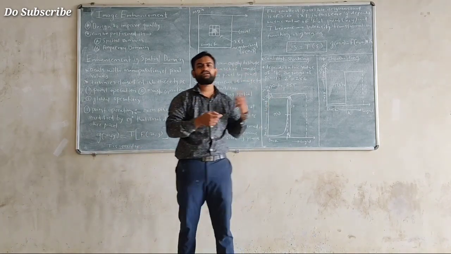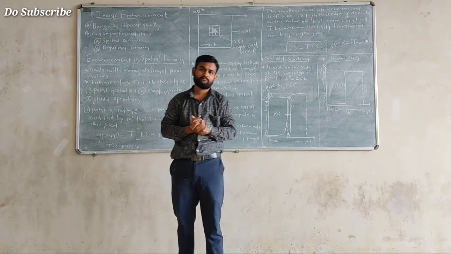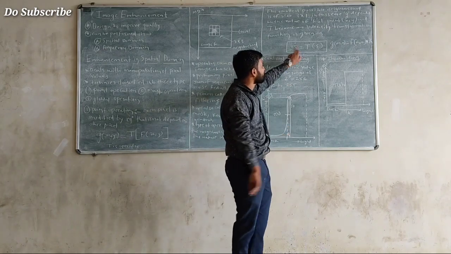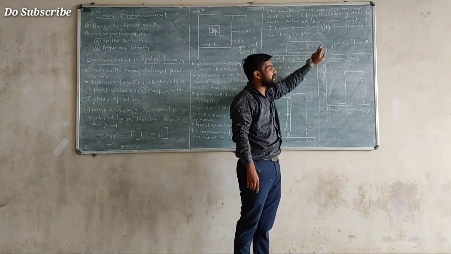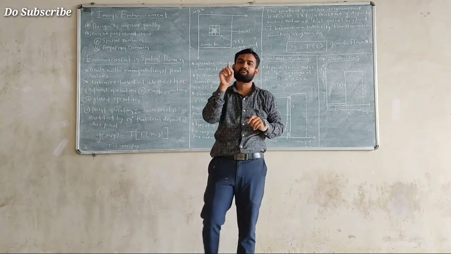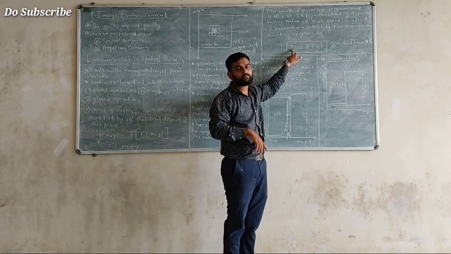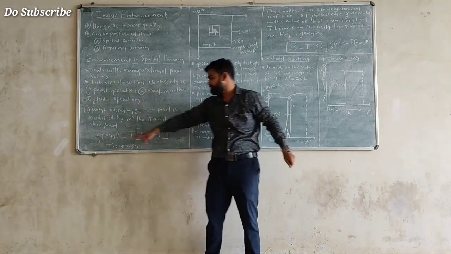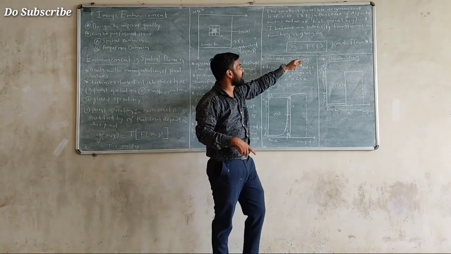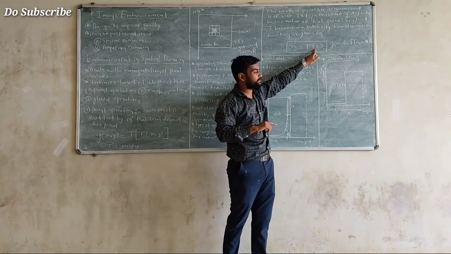In contrast stretching, T is converted into a transformation function. So the equation changes like S is equal to T of R. R is nothing but the value of F, that is the value of your input image, and S is the value of the output image, same as the value of G. So G is ultimately represented as S, and F is represented as the value of R.